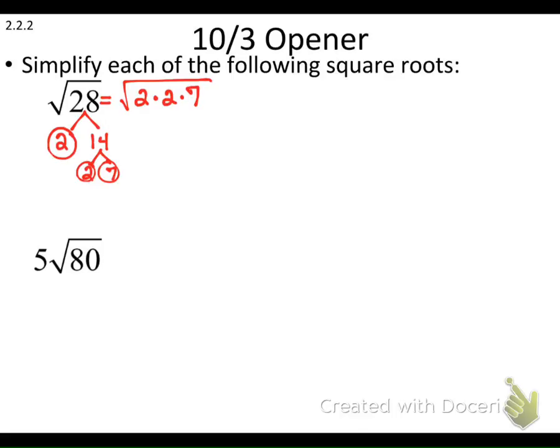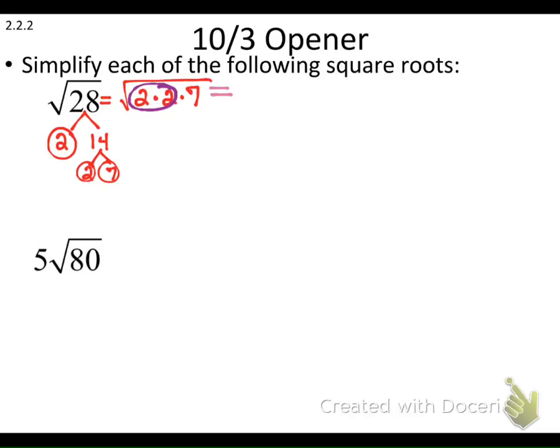So then we move to step 2. Step 2 is going to say circle the pairs of factors in the radicand. So all you're going to do is look here and you're going to circle your pairs. So what are your pairs here? 2. Yeah, so we just have a pair of 2. So I'm going to circle them. Then step 3